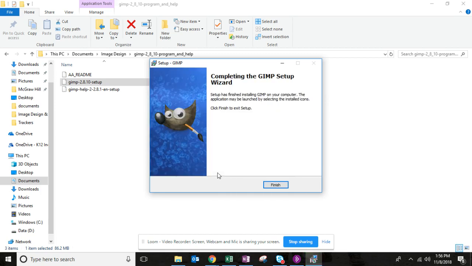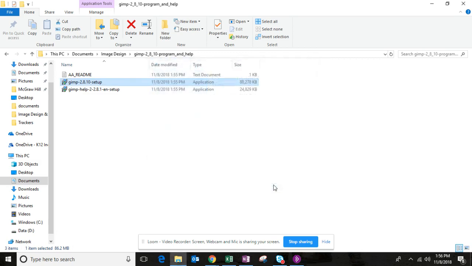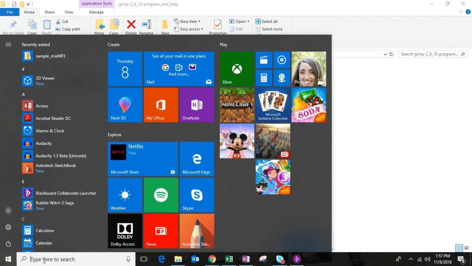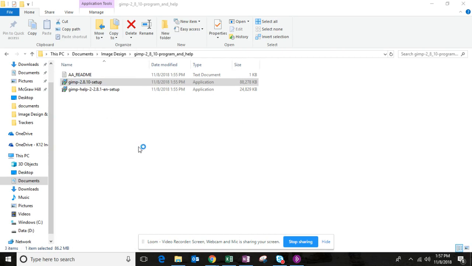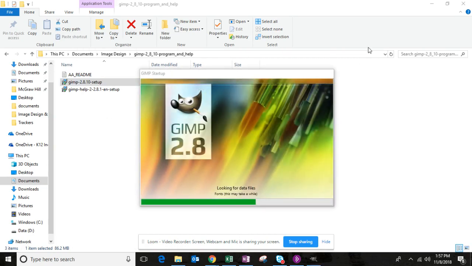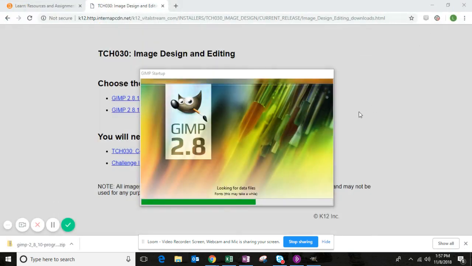Almost done. And now I'll go ahead and click Finish to exit the setup. So now I'm going to click down here and just type in GIMP to find the program GIMP. I then double click and it will load for the first time. I'm going to go ahead and exit out of this folder. We don't need it anymore. So when you have GIMP,